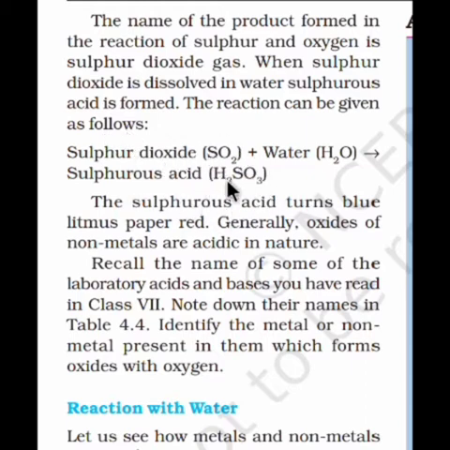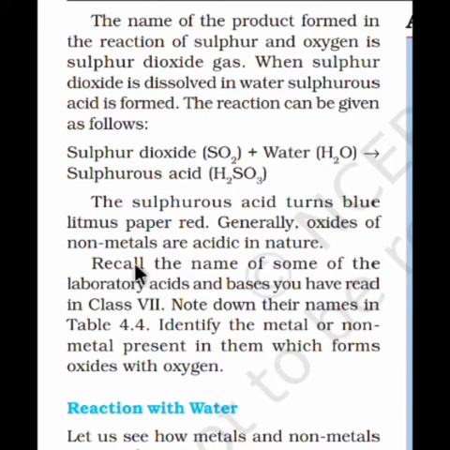The sulfurous acid present inside the glass jar after the reaction of water and sulfur dioxide, we check with the help of blue and red litmus paper, and we find that the blue litmus is converted into red. So we can conclude that sulfurous acid is acidic in nature. So generally, oxides of non-metals are acidic in nature. In the earlier session we concluded that oxides of metals are basic in nature, but right now we can conclude that oxides of non-metals are acidic in nature because blue litmus is converted into red.